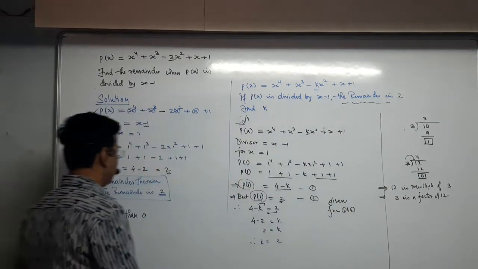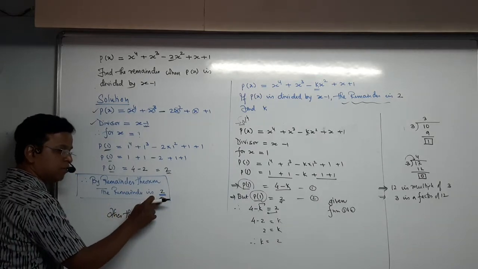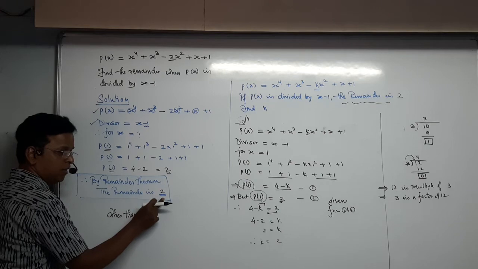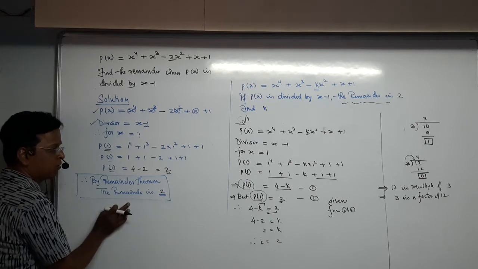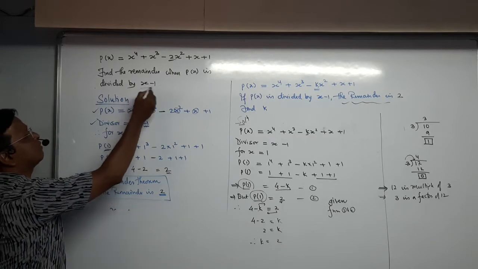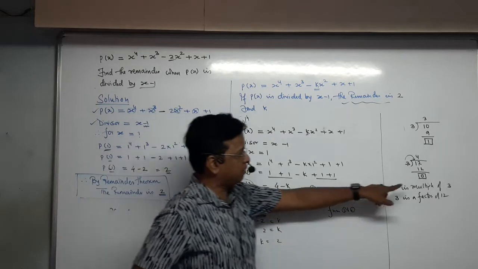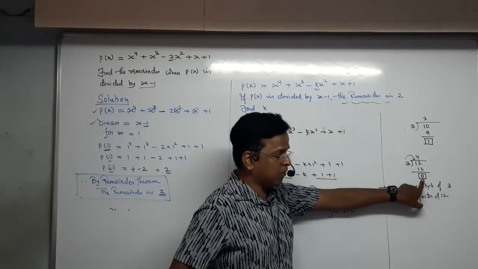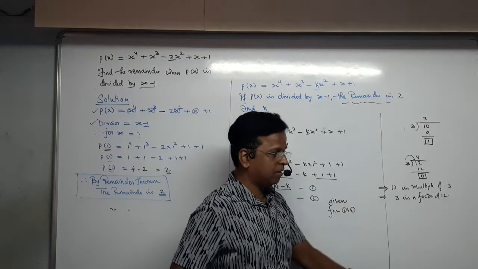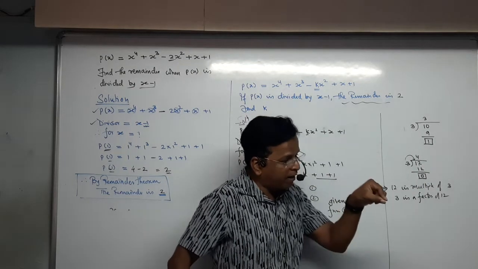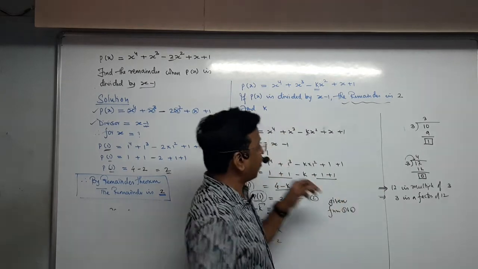Similarly, when I calculate and in the end I get 0, if the remainder is 0, they have given a dividend. Who is the factor? Here if the remainder is 0, who is the factor? 3. 3 is the factor, with whom you are dividing. That number is the factor. What is this meaning?